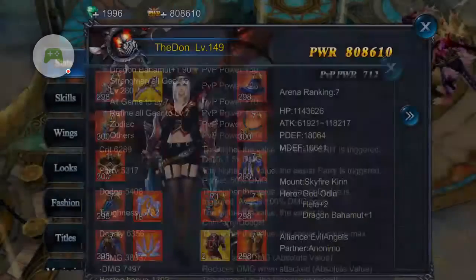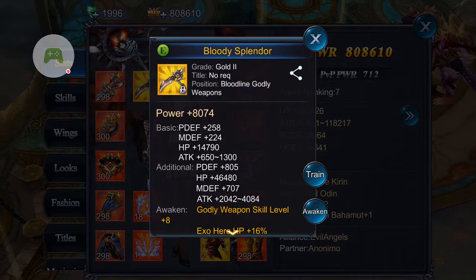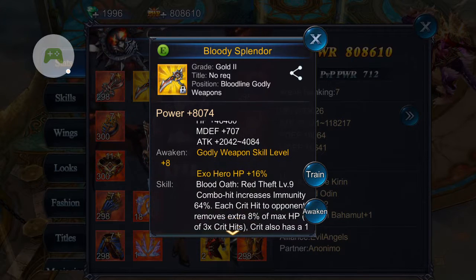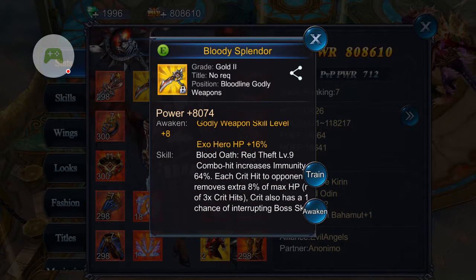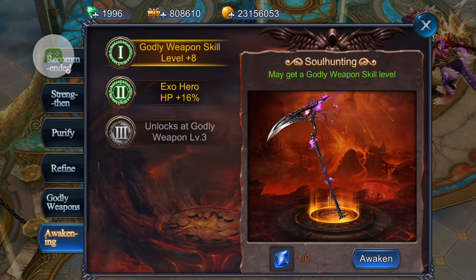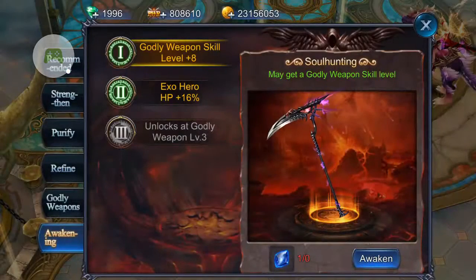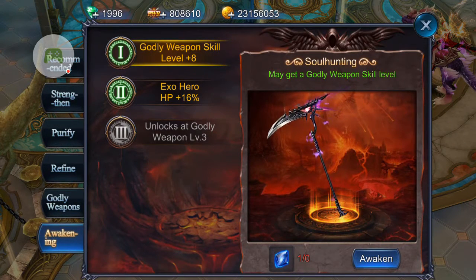But another thing that's going to affect you is your godly weapon. So due to this new update that they did a little while ago, and most of you probably already know about it, your awakened skills. The top one is by far the most important one, which is your godly weapon skill level. So if you find that one in a gold series for your top, or we'll just take a look at it, right? So when you're doing this, you're going to use either gems or those little stones in order to get this,